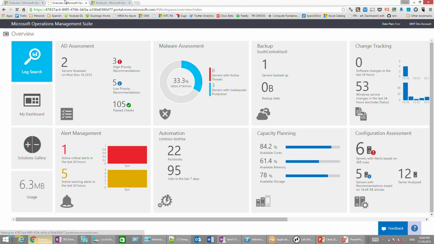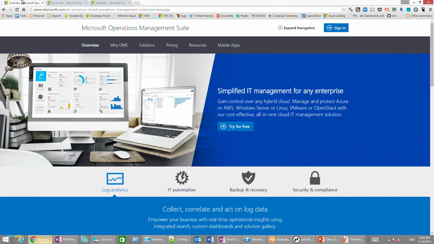I had my Azure Automation sub, and then I have the Operations Management Suite. So I went to Microsoft.com/OMS. I signed up. Takes a couple of minutes. You create a workspace, which is kind of a container that's going to hold all your stuff. You can actually set up multiple workspaces. And it's probably a pretty good idea to create different workspaces for dev and test and prod as you're exploring